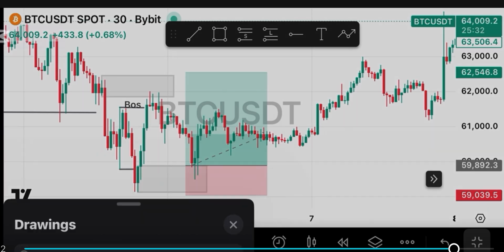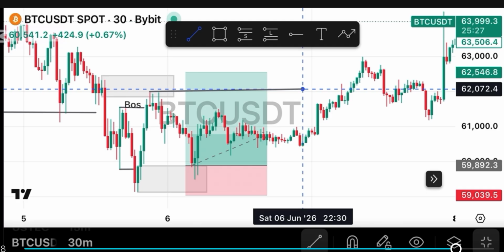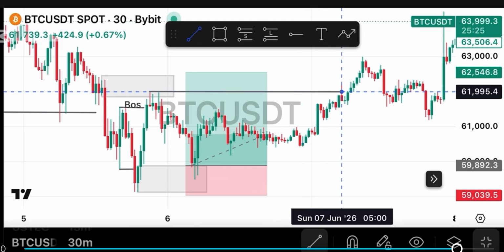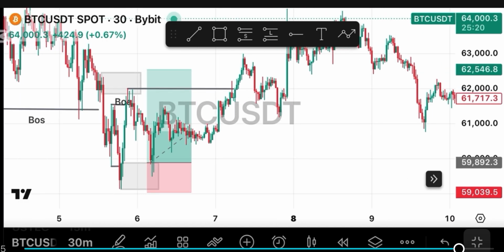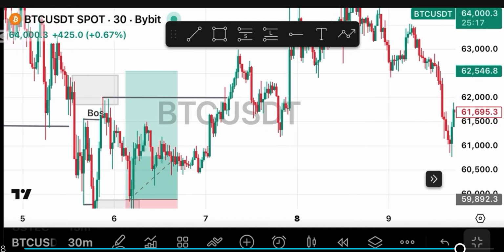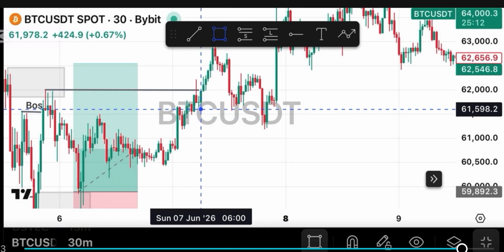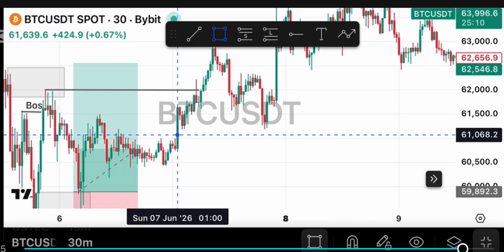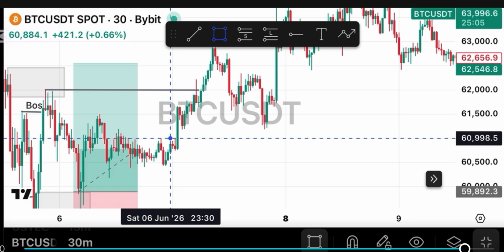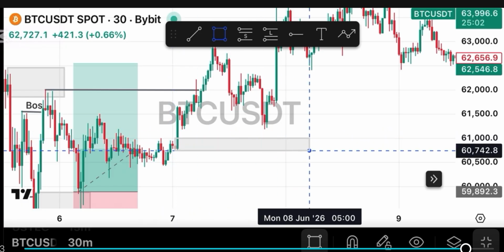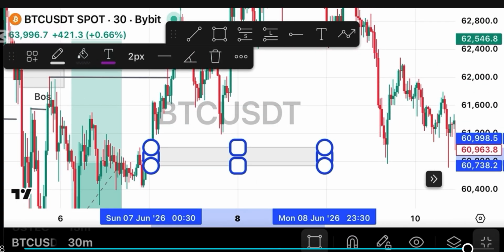And now you can see that the market also formed a new higher high again. Okay. So after seeing the new higher high, our demand zone now becomes this one at this point. So our exchange demand zone is this. So why do we not use this? Because we are also having an exchange demand zone here with imbalance. So you can see this imbalance here, and this is the demand zone. Okay,